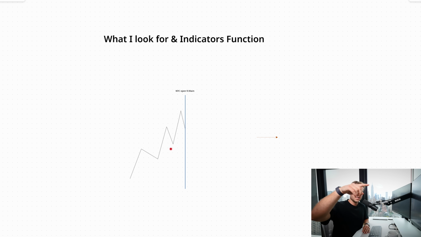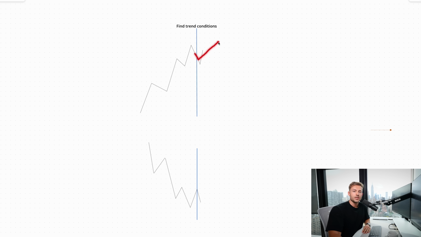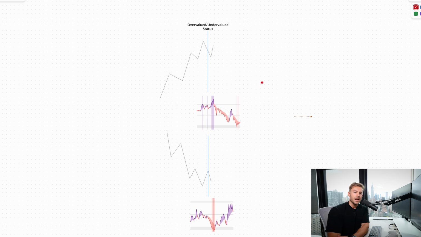I want to see price either moving in a positive or negative direction and continue to follow into that direction after the 9:30 open. And I want to see that continue after our 9:30 marker, either in the up direction or the down direction. It works in both directions. Okay, and what I really want to look for is areas where we're starting to go into either overvalued or